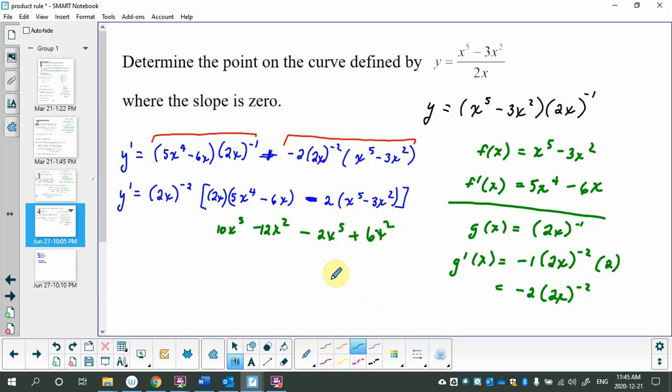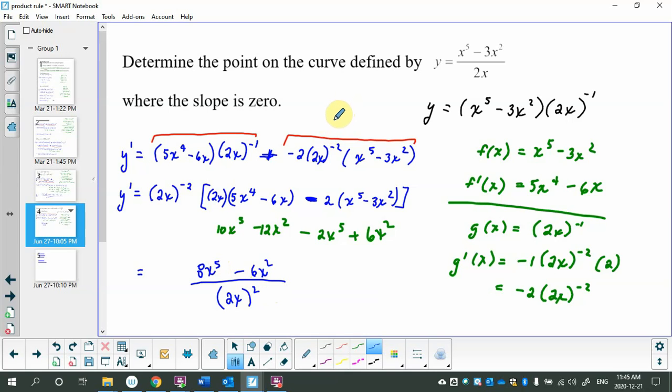And then I'm going to write down this in blue because I'll have collected. So that's 8x to the 5, 10x to the 5 minus 2x to the 5, minus 6x to the 2, negative 12 plus 6. And then I've got this thing, which has a negative exponent, thankfully not a fraction, so that means it's not a root, but I can take 2x down to the bottom, and I can use the positive version. And that's my derivative. So you will get a ton of marks for doing that, but let's actually read the